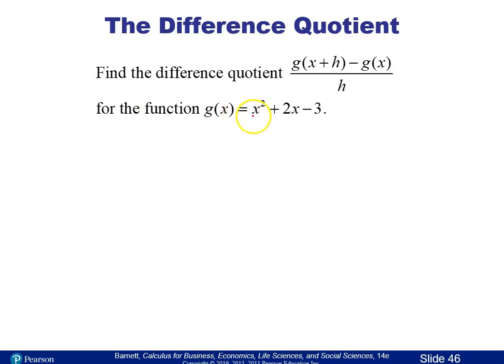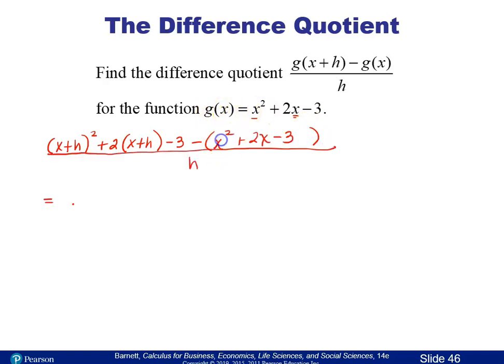Okay, so I'm going to take and replace each x with x plus h. So I'm going to have x plus h. The first x was squared, so I'm going to take x plus h and square that. Plus 2 times, I'm going to put x plus h in for that one as well. And then I've got the minus 3. Okay, I'm going to subtract, and then I'm going to put my parenthesis, and I'm going to put that whole